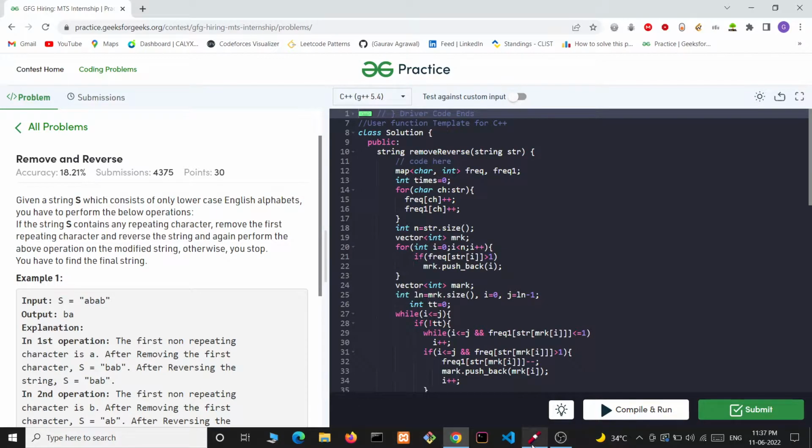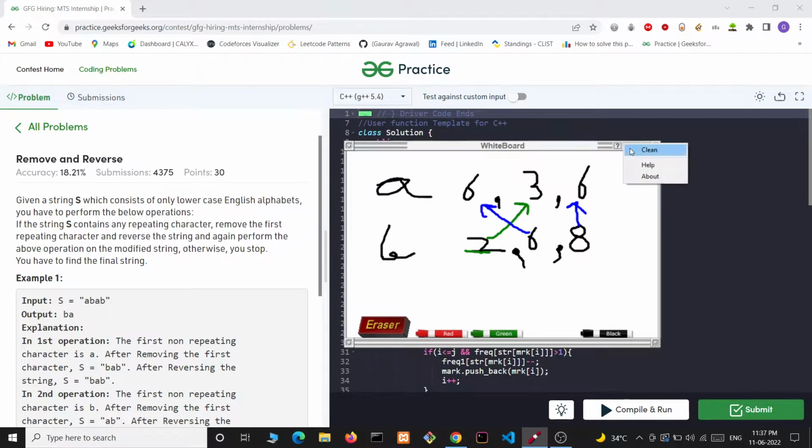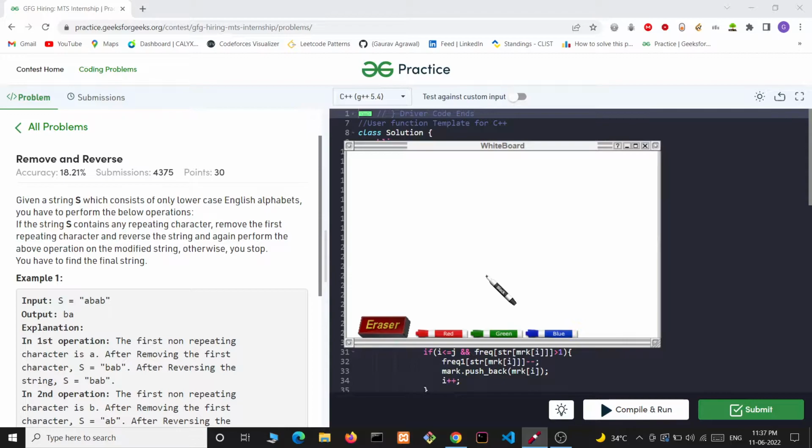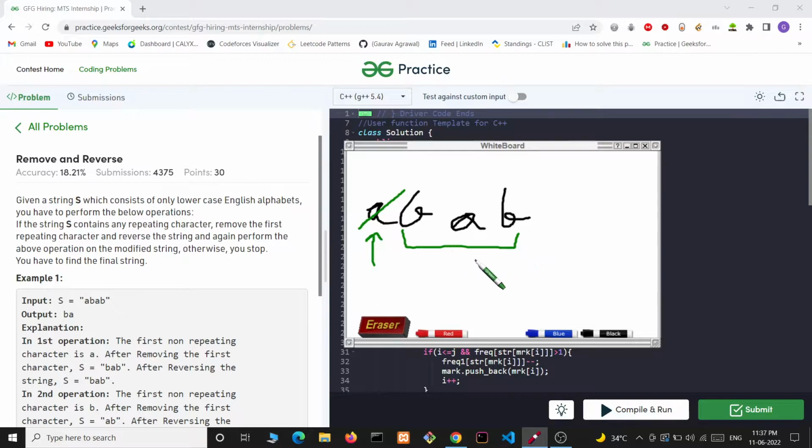Let's see example 1. In example 1 we can see we are having string A, B, A, B. We can see both A and B are repeating. So we have to start from the left first. We can see that this character A is repeating, so we can simply remove it. Then this is the string left. Then we can reverse it. We will get B, A, B again.